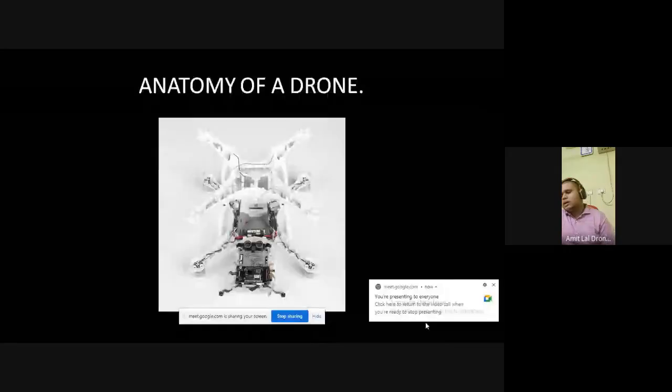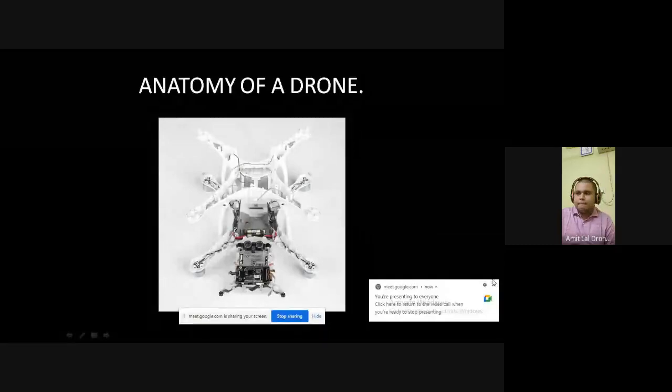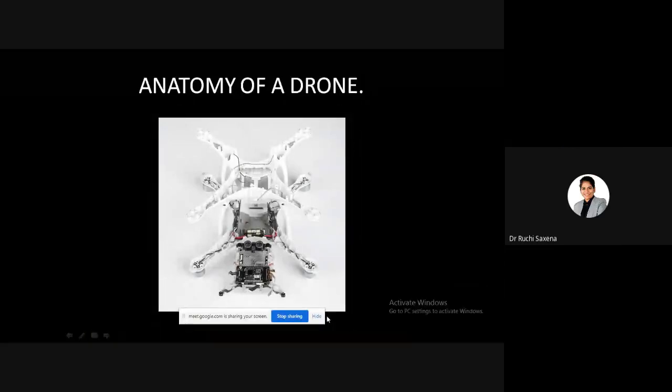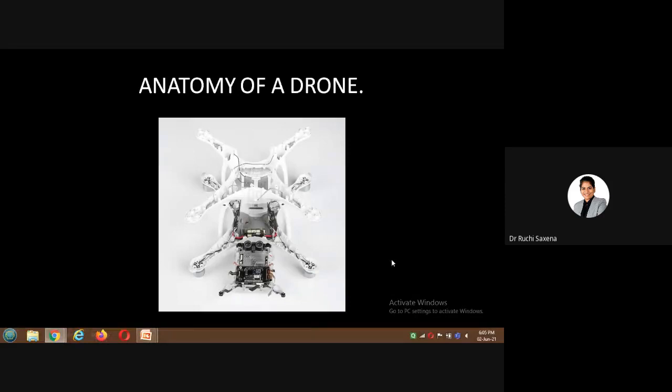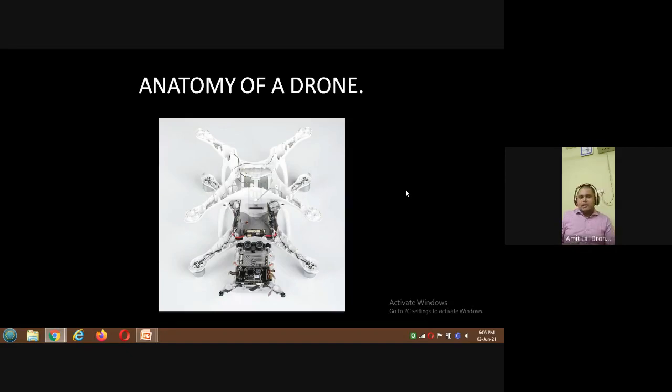If you're getting my screen, please let me know. Yes, Amit. Okay. So as you can see, the very first slide shows the anatomy of a drone. You see many different components opened up and kept in a line. There is a top frame, the bottom frame, the middle frame, and then there is the sensor unit. It has the bottom sonars and so on. We are not going to open up drones. We are going to study what drones are made up of, all the basic components that go into the building of a drone.